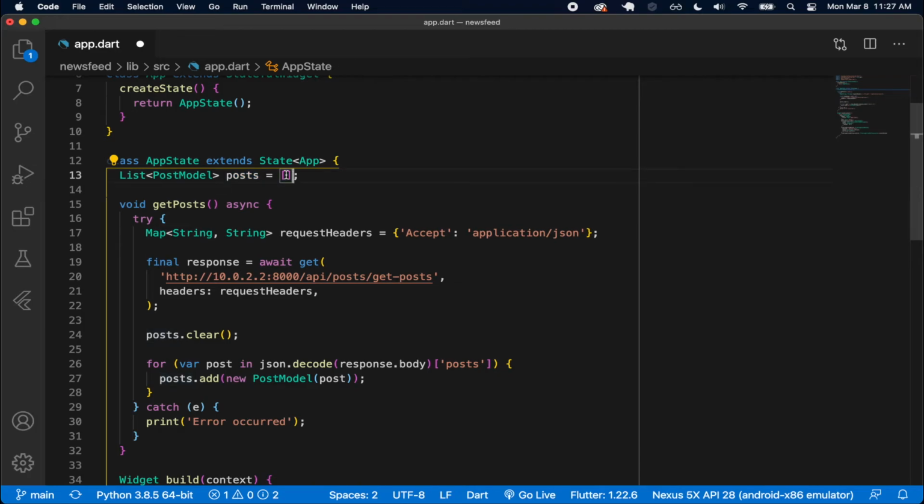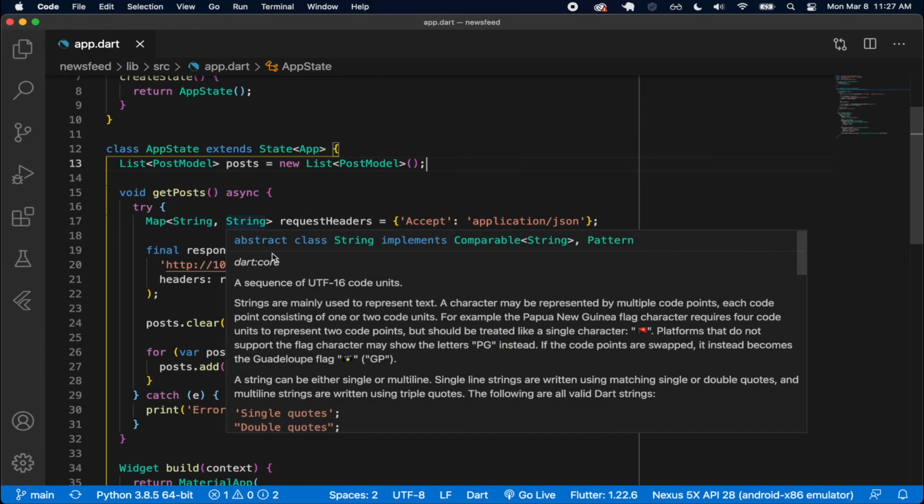And then another way that I can declare this value is I can either do the brackets like I did there, or I can do new list, which is going to have the generic type of post model. That's another way that you can initialize this. And I think that's the way I'm going to do it, but it doesn't really matter. And then I also have to make sure I invoke this, so I'm going to use the parentheses here. All right, so there's quite a bit of code here,